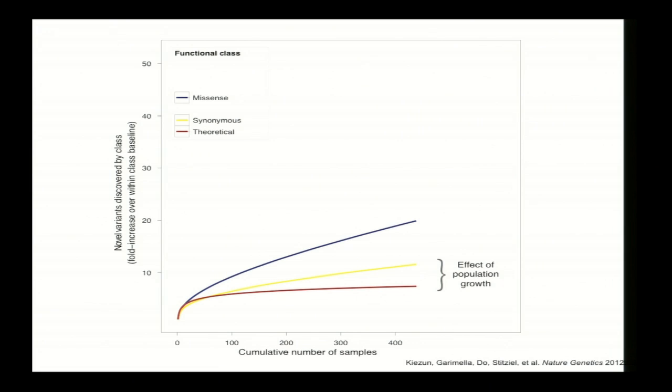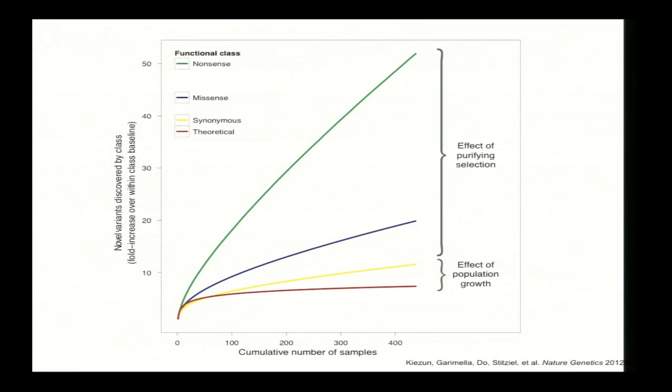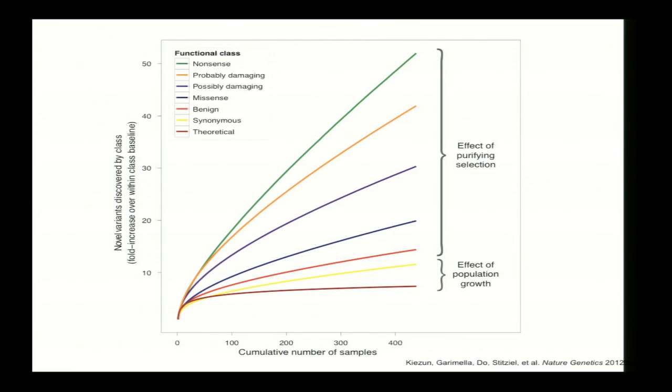Now, if we look at missense changes and nonsense changes, the picture is completely different. Right? I keep finding new nonsense changes and I keep finding new missense changes the more I sequence. And if I stratify missense changes into computationally predicted damaging, possibly damaging, or benign, I see that this tracks with the slope of this curve. Right? So this effect is pretty dramatic, and we see it in human data, at least in protein coding regions.